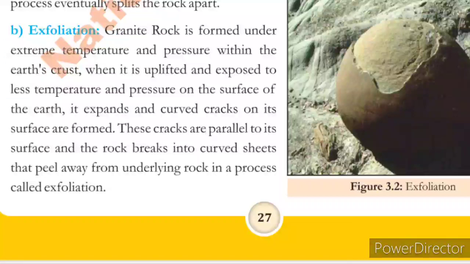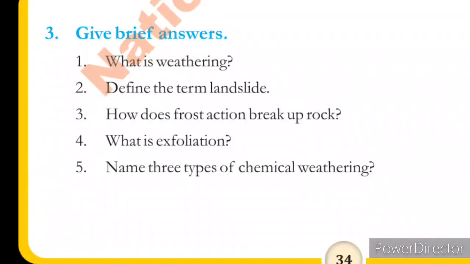In the daytime, it will absorb the heat, and the upper layer expands in the daytime and contracts at night, because in desert areas the night time temperature is different. In the daytime the temperature is very hot, and in the night time it is comparatively cooler than the daytime, and such regular contraction and expansion will lead to disintegration in the form of peeling. I hope you can understand exfoliation. The causes of exfoliation are release of pressure and heat insulated rock. Now move to the next question.